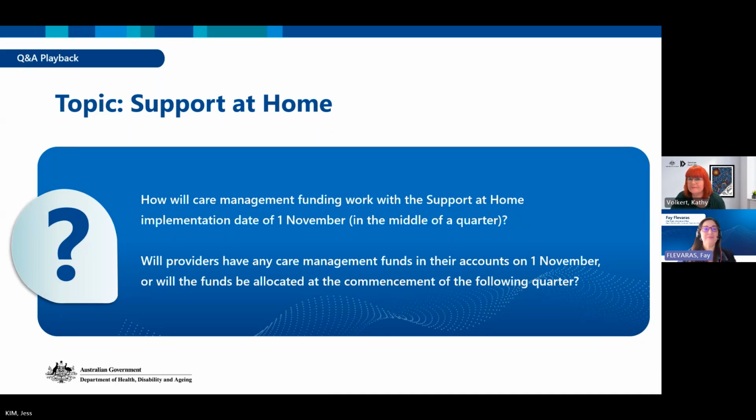Thank you. That's fine. So on the 1st of November 2025, all the notified home care services will automatically become service delivery branches. So that's the new language under the new Act. And a care management account is created for each service delivery branch, and then transitioned HCP care recipients will have their care management funding allocated to their provider's care management account, and this funding will be available for the commencement of support at home. So care management funding will be prorated.